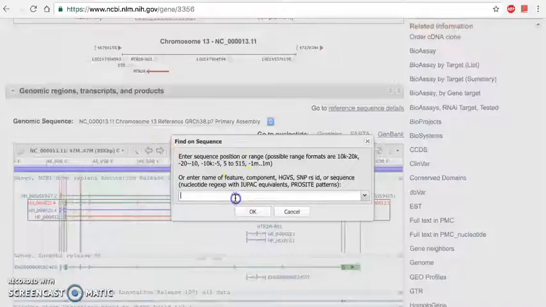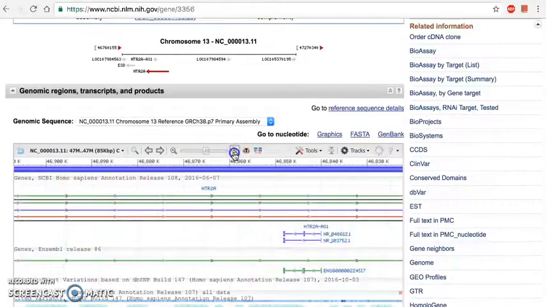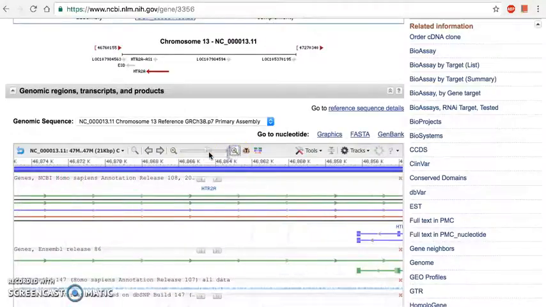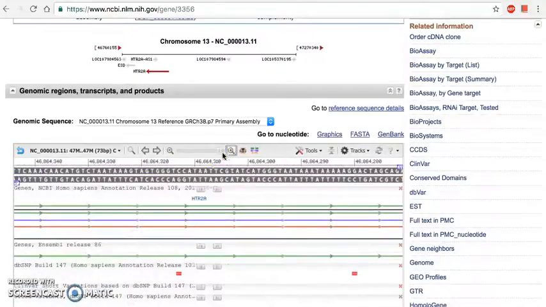So say, for example, we were to type in an arbitrary number. Okay, so that didn't work. Okay, so let's just stay where we are. And if we try to zoom in,